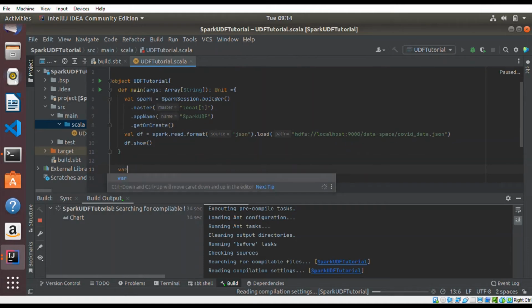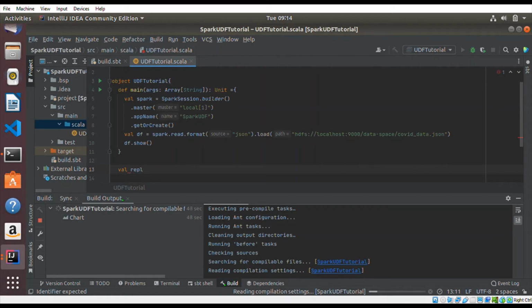What I want to do with the data is basically replace the hyphen with a space. So I'm going to use var replace space equal to